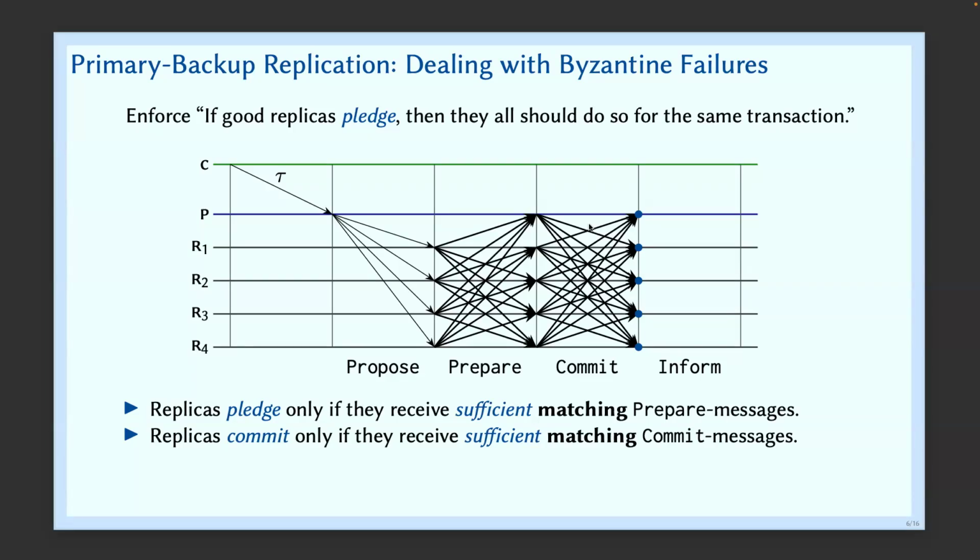So how many replicas do we need at this stage to inform the client? Why 2f+1? Why does it have to be a quorum? Doesn't have to always be 2f+1. I mean, sure, a quorum needs to be at least 51%. But why do we need 2f+1? Why not f+1? Why not just 1?